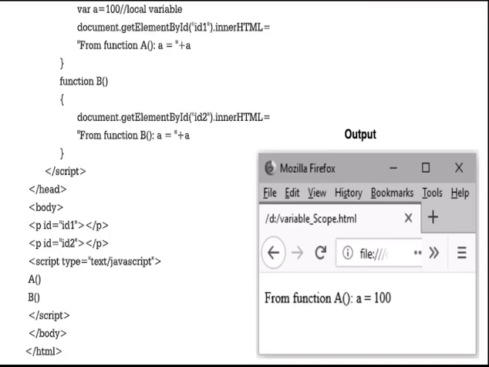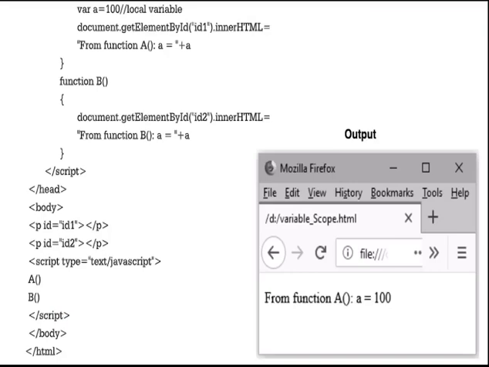Then the next function is function b. The keyword function and the function name is b, with open and close brackets, then the curly bracket. Then document.getElementById, id2, because we are using id2 for function b and id1 for function a.